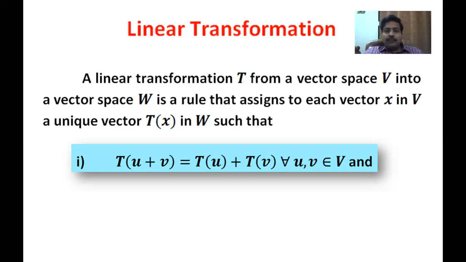T of U plus V is equal to T of U plus T of V. That means there will be no discount if they are taken at a time. For example, in a shop, you will buy a TV and a refrigerator. If the TV is 20,000 and refrigerator is 15,000, and if both are purchased at a time, if the shopkeeper gives you a rebate of 1,000, then you will get